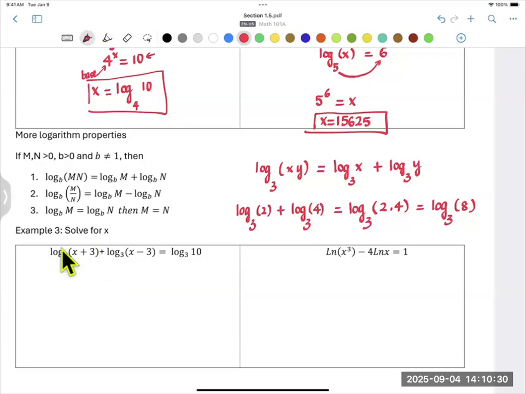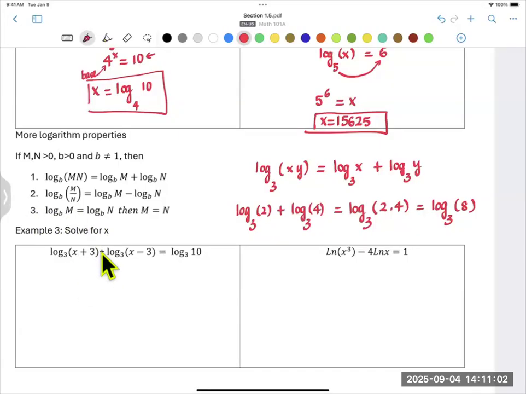So let's take a look at this one. In example 3, I have the logarithm base 3 of x plus 3, adding logarithm base 3 of x minus 3. So it looks like I have multiple logarithms in my equation. When you have multiple logarithms in your equation, you want to rewrite it first so that you have a single logarithm